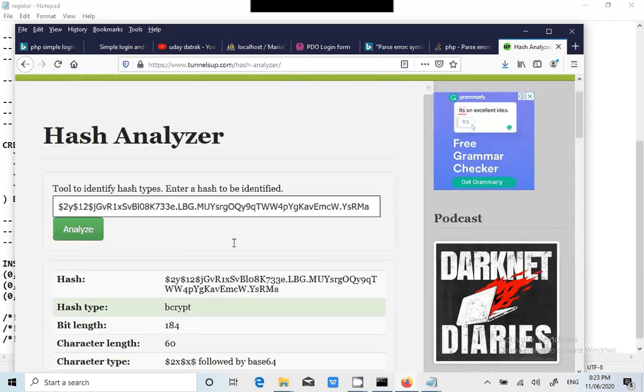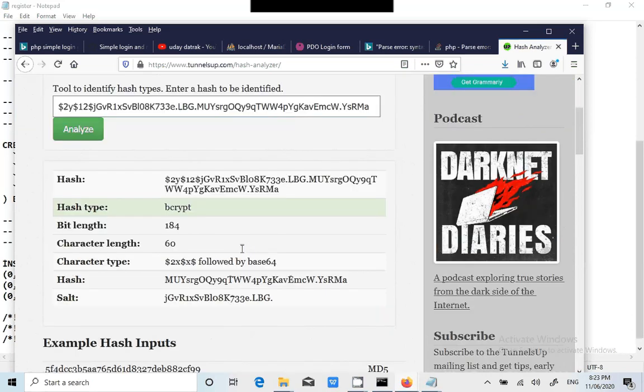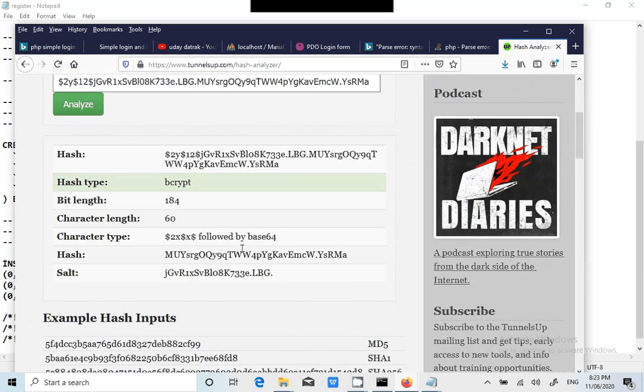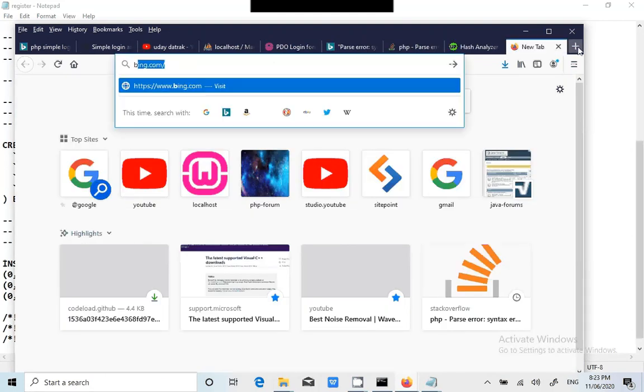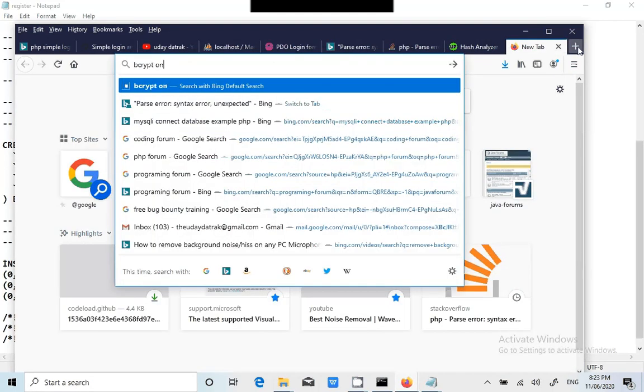Exactly, they are using the bcrypt hash, and yes, that is the function. bcrypt online.